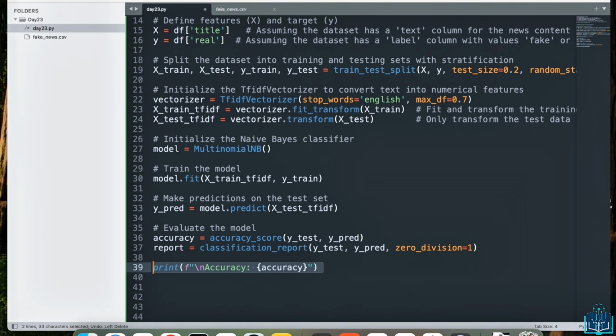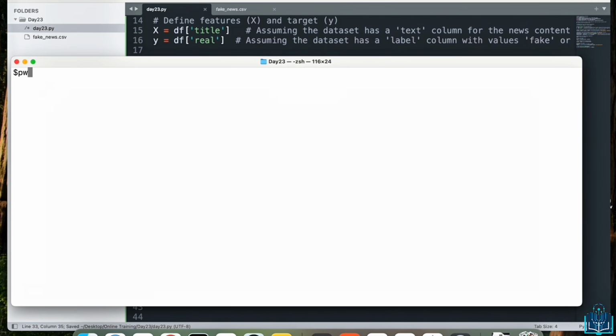Next, I'm going to print the accuracy and then I'll print the classification report. So this will give us a good idea about how good the model is. So I am going to save it here. Go back. Let's make sure we're in the right folder. Perfect. And I'm going to say python